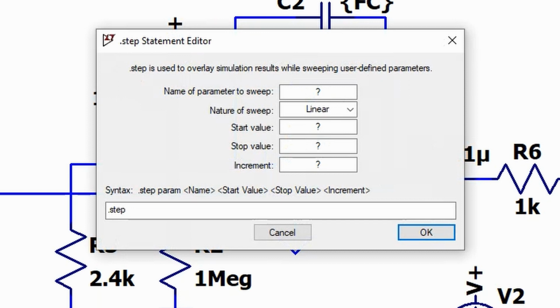In the name of parameter to sweep field, I will type FR for our feedback resistor. In the nature of sweep field, I will choose list from the drop-down list. In the first value field, I will enter the value of 160K minus 1%, which is 158.4K. In the second value field, I will enter the value of 160K plus 1%, which is 161.6K. In the third value field, I will enter the nominal value of